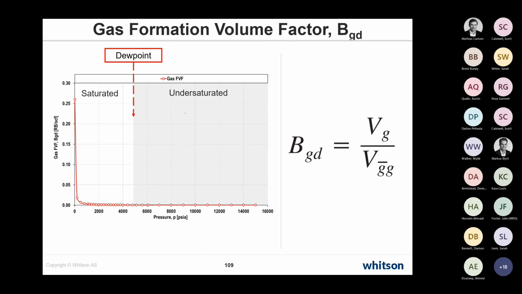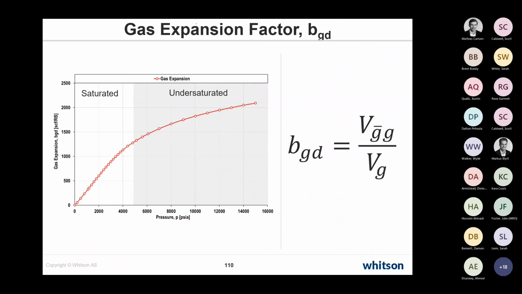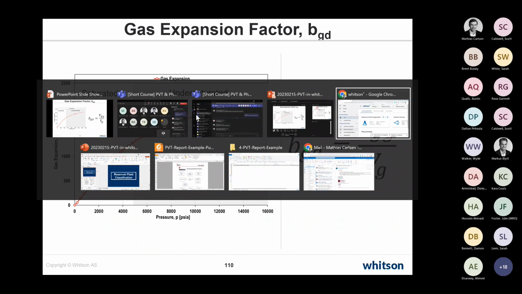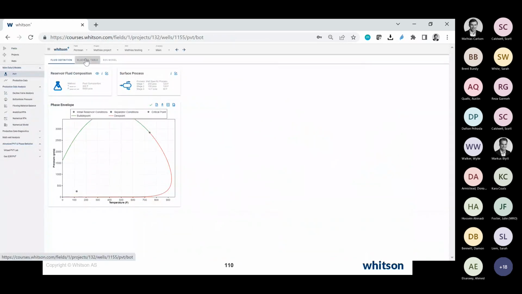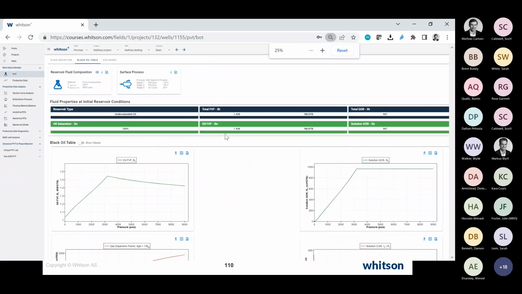The reason for that is, especially in this plot that you'll see here of the gas formation volume factor, the properties that you're actually interested in are up here, and it's very hard to read what value that is for any practical purposes. So when it comes to plotting these properties, we plot the inverse, which is just a small bg, the gas expansion factor right here, and it's much easier for you to read. That's why when you go into Whitson Plus, for instance, here in the software,